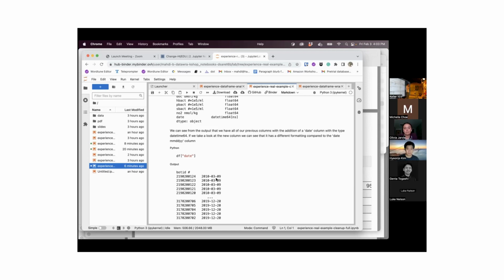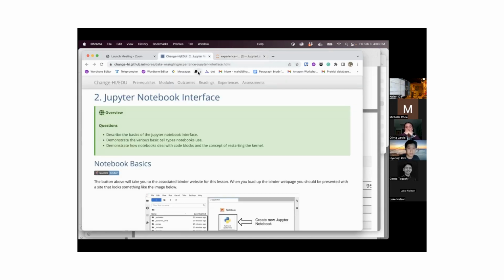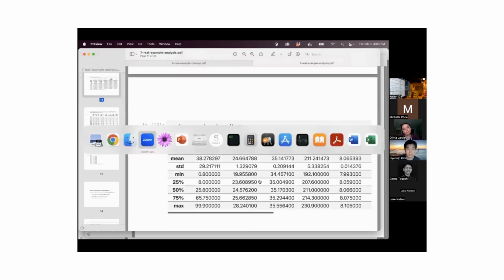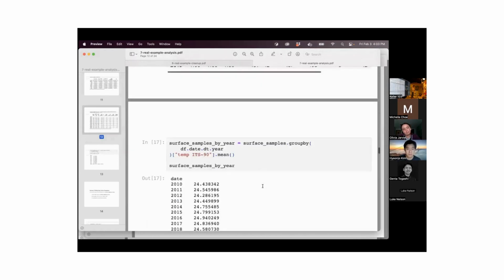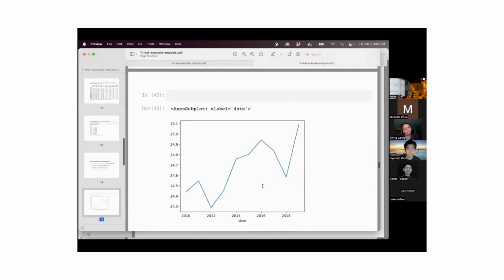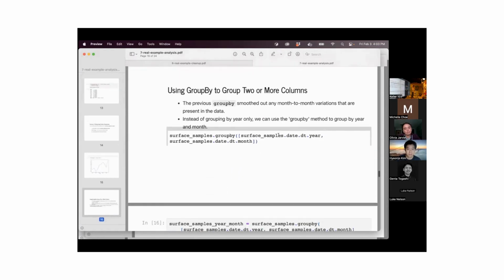So for example, I can convert it into a label that says Monday or Tuesday or Wednesday. It tells me what day that date was. Or it says day number 0, which is Sunday, number 1, which is a Monday or Tuesday. Or just simply the 1st or the 2nd or the 27th or 28th and so on and so forth. So all of these accessors are available as attributes on your data. So if I do something like the following, surface